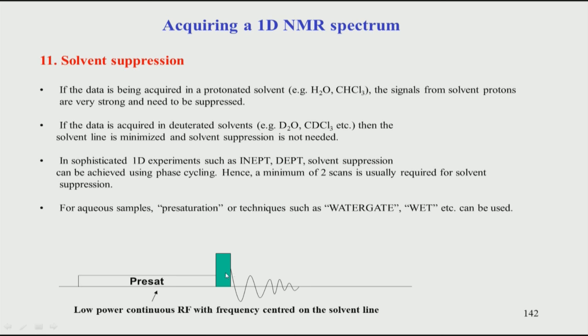pre-saturation because it is applied before this 90-degree pulse. Then you apply a 90-degree pulse in general for all atoms, all nuclei, all spins in that molecule. So, what will happen when you record this signal? There will be no contribution to the FID from the solvent, because the solvent has already been eliminated from the spectrum by irradiating. So, the oscillations, that is, the chemical shifts you see, will only come from the compound peaks,